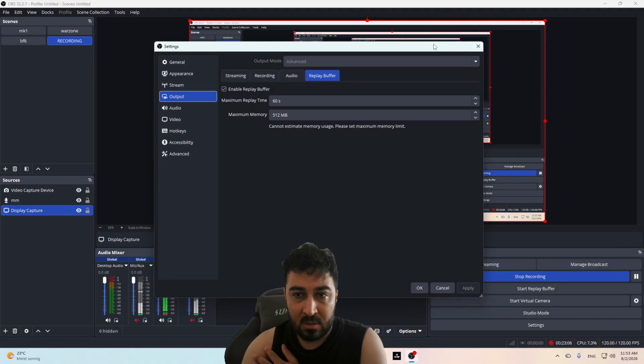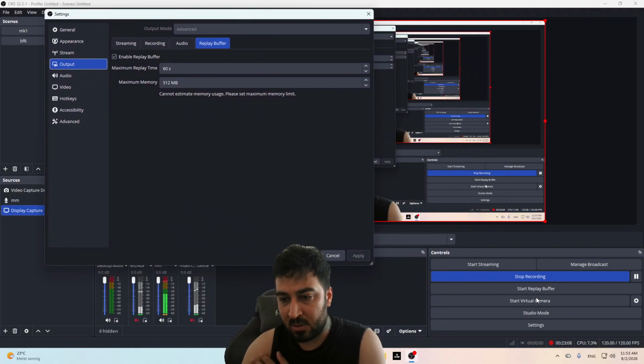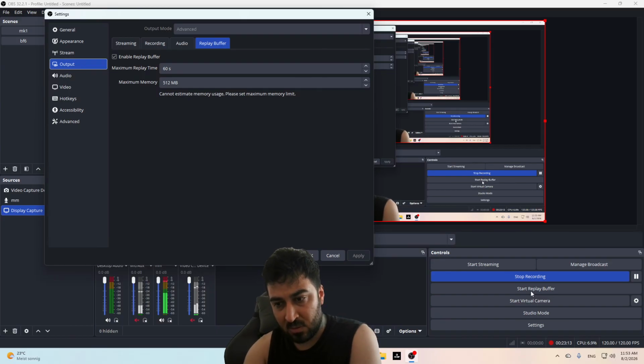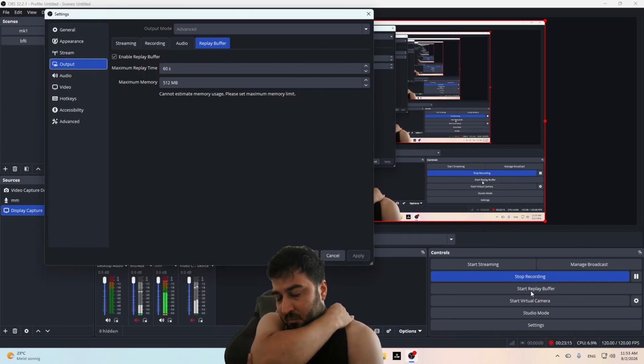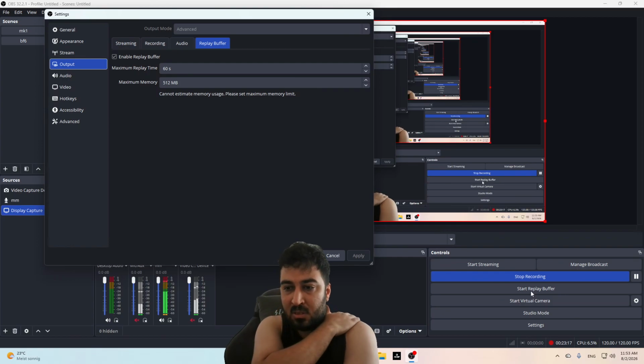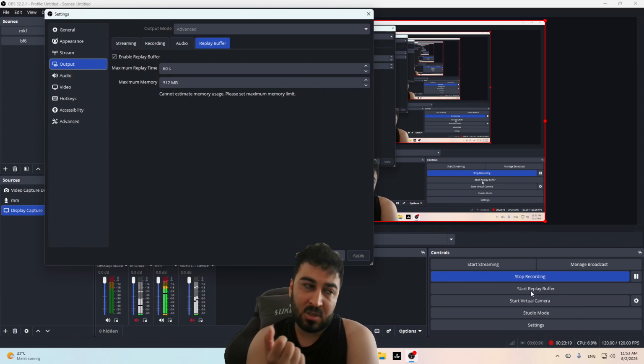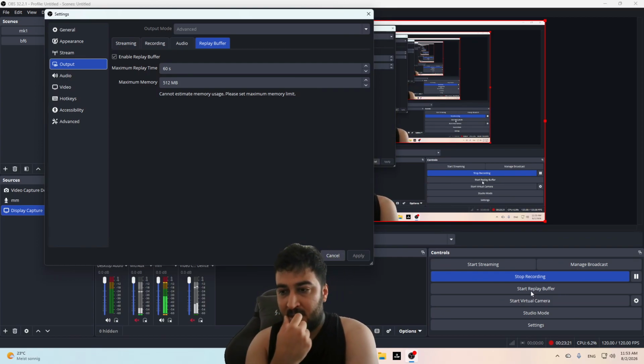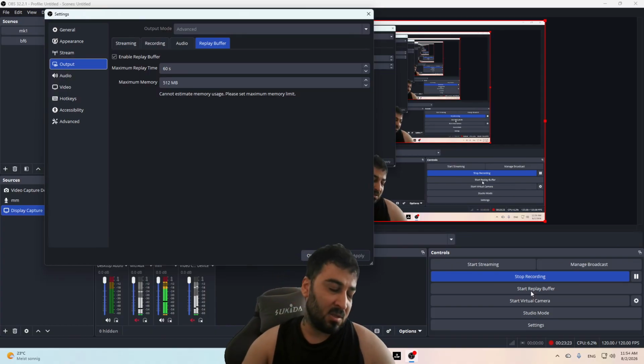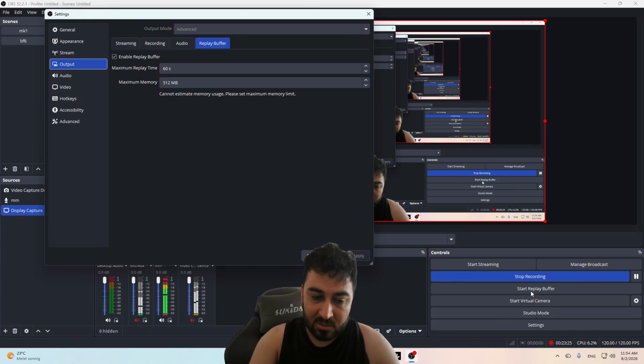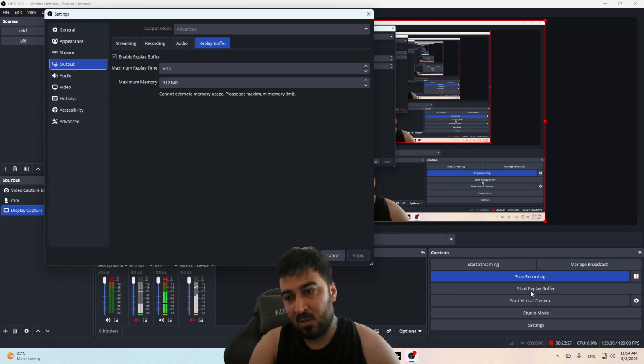If I come down here, guys, we have start replay buffer on the right side. If I start that, that means I'm not recording, I'm using my PC RAM and I'm playing the video game and something happened. I have a highlight right now. I did something in the game and I didn't record it. So if you start replay buffer from the beginning of the game, it records